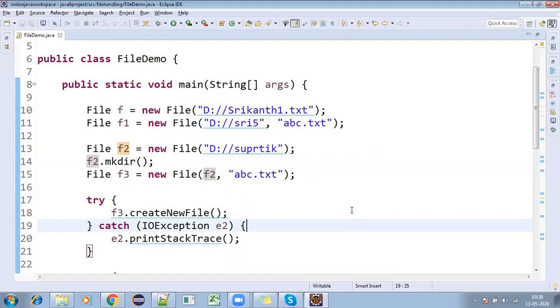Okay, I got it. For example, in the file I have some data. If I'm creating new things, it will remove the old data and give the new data. If you want to add some data to whatever you already have, then you can append it. So there is an append option. If you are not giving append, you can override the data, but you cannot override the file name.